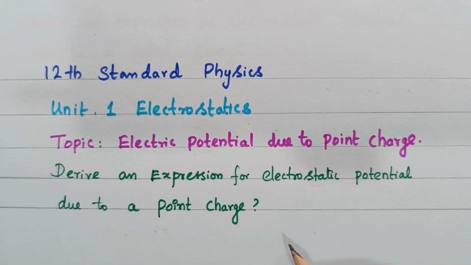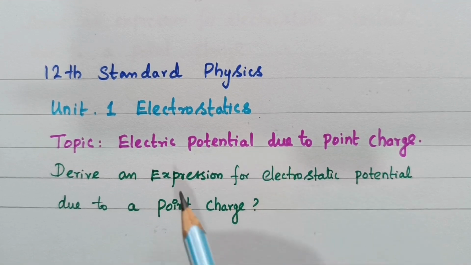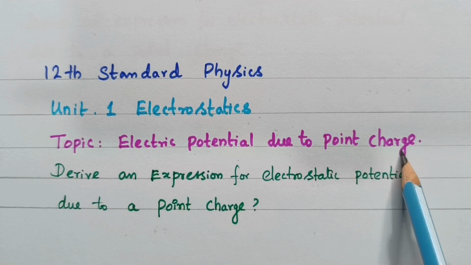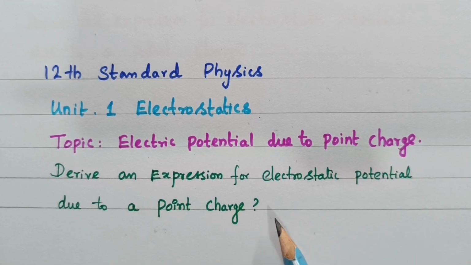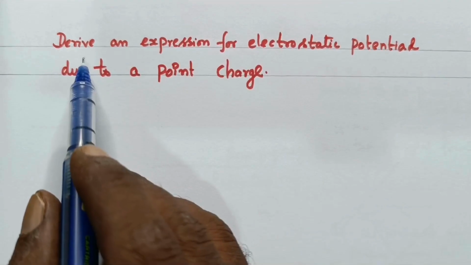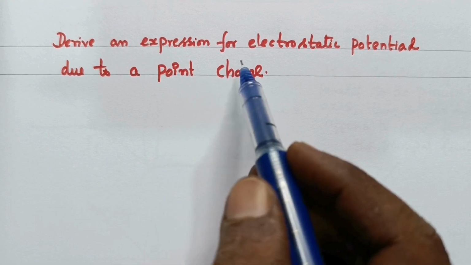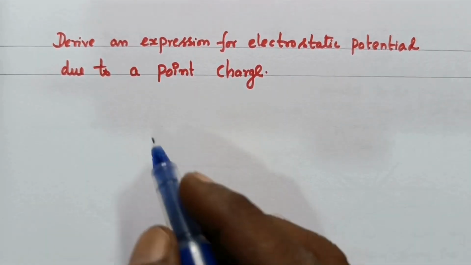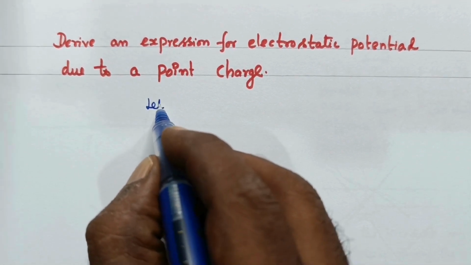12th Standard Physics Unit 1 Electrostatics la இப்போ நம்ம பார்க்க போற டாபிக் electric potential due to a point charge. Question எப்படி கேட்பாங்க அப்படினா derive an expression for electrostatic potential due to a point charge அப்படினு கேட்கலாம். Now let us see how we are going to derive the expression for the electrostatic potential due to a point charge. Let us consider